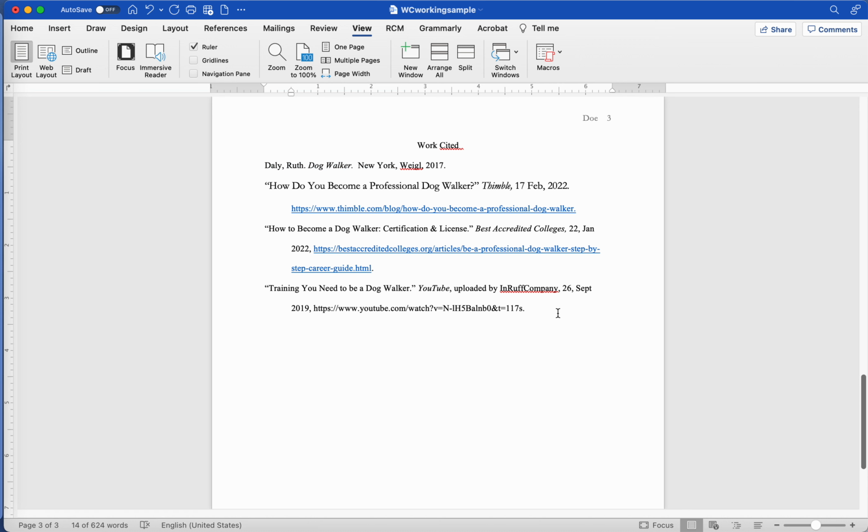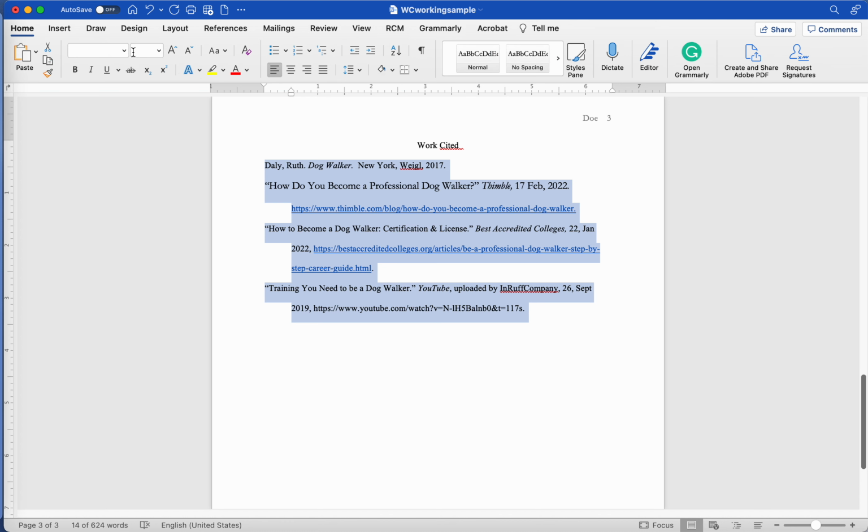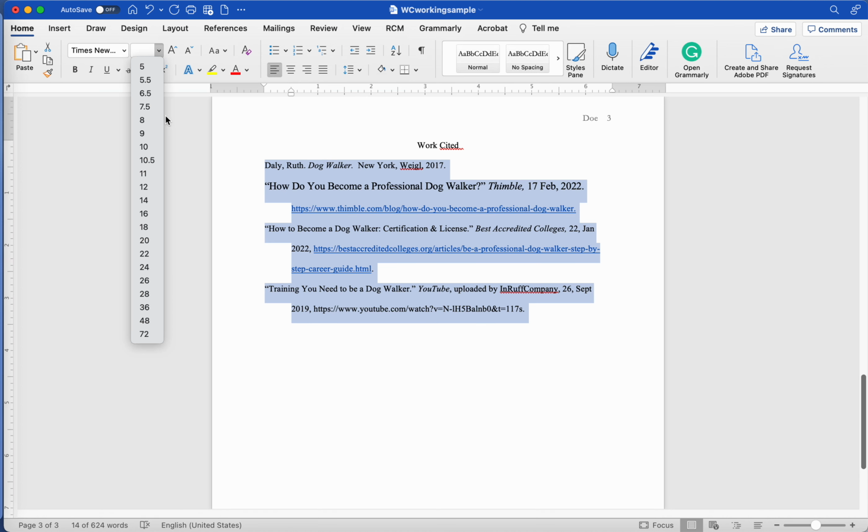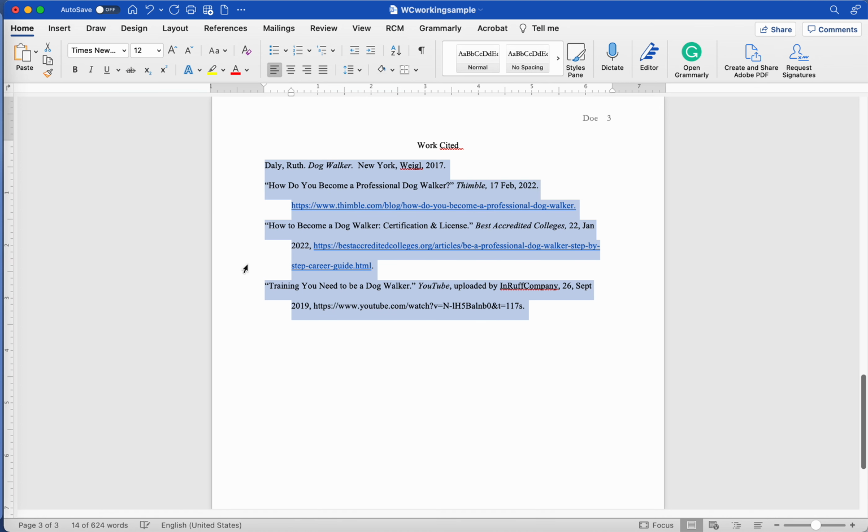And so the other thing we want to make sure that we do is make sure that everything is in the same font and the same size. So we're going to make sure we're all using the same font and everything is the same size. And there we go. Now our Works Cited page is formatted. All our citations are done